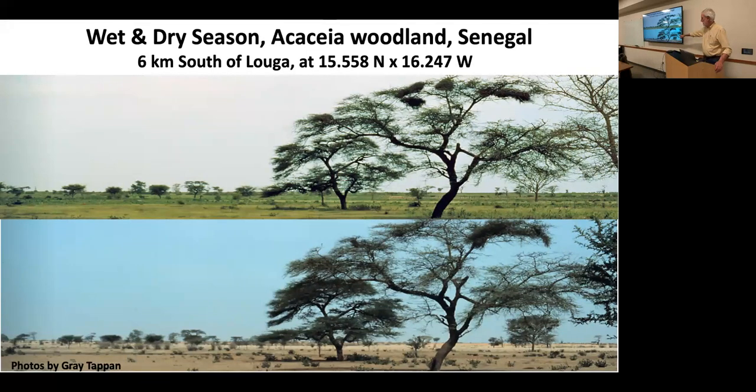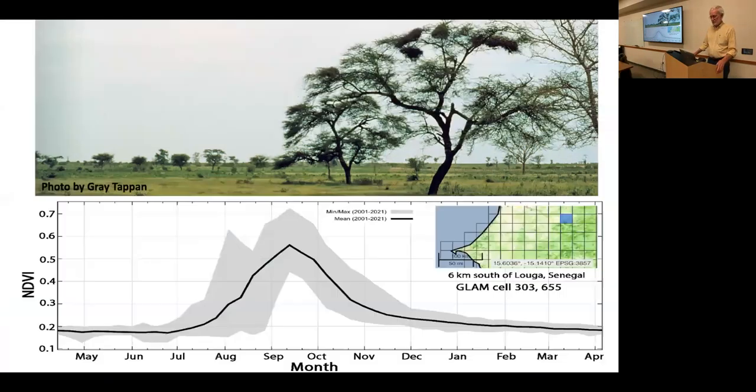There's a marked rainy season on top where everything is green, and a marked dry season in the bottom. This is a photograph of gray tapins. And so we use data in the early dry season when tree crowns are still green, but nothing else is. So the herbaceous vegetation is senescent. Here's an NDVI profile with the range of data in the bottom from this portion of Senegal, 1/4 degree by 1/4 degree. And this is what the landscape in that area looks like.